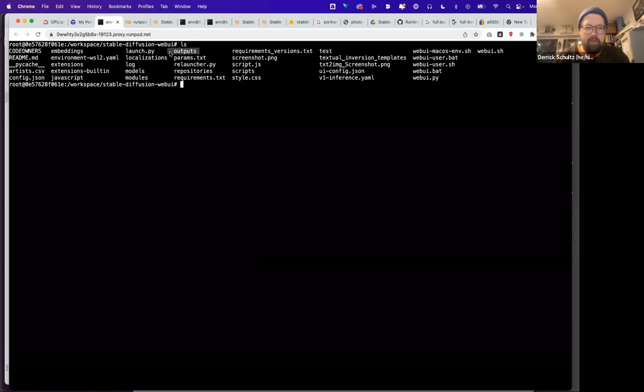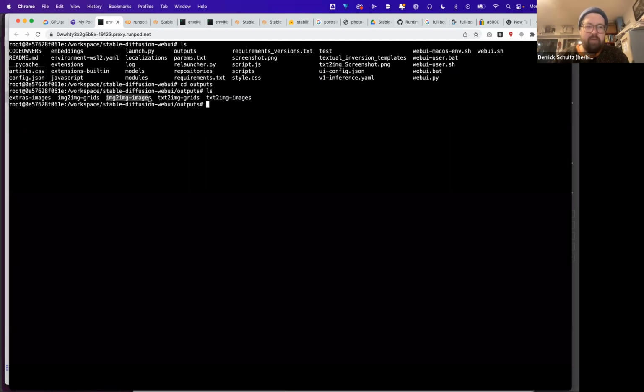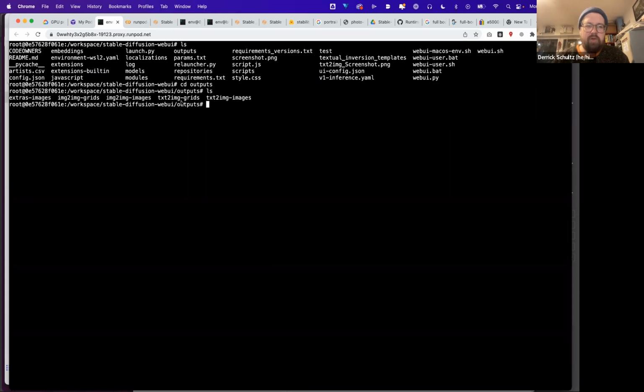And let's see, in here, where do these get saved? These get saved to outputs. So we'll go to cd outputs. And then here we have image to image images. So what I would probably recommend you do is zip a folder, except